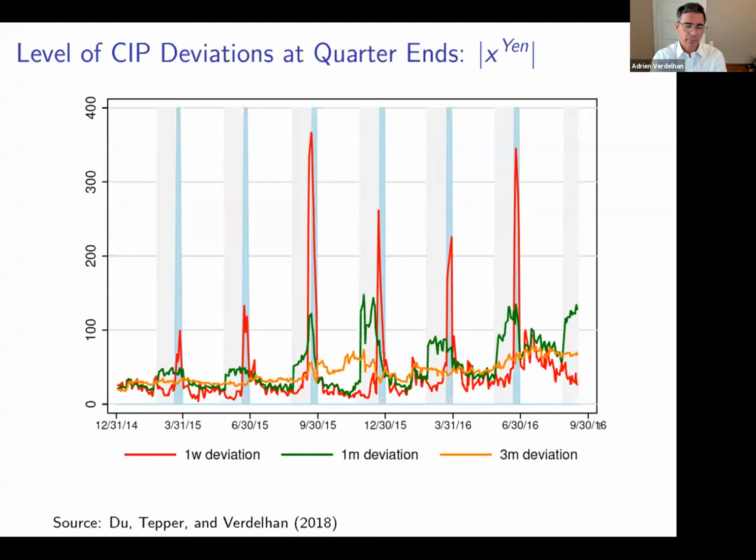Think about a German bank or a European bank, for example. That bank has to report its balance sheet at the end of every quarter. It's as if the regulator or the general public would just take a snapshot of the balance sheet of that bank at the end of the quarter. For a US bank, it's a little bit more complicated, in the sense that what the US bank has to report is not just the balance sheet at the end of the quarter, but also an average of the daily position. So let's focus for now on the European banks because it's just easier to think about.